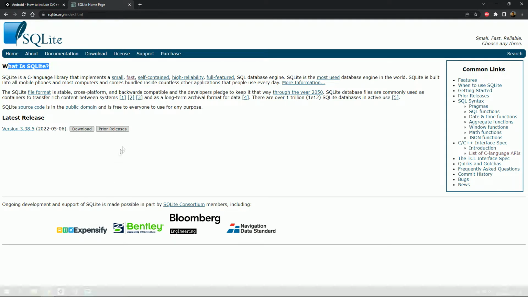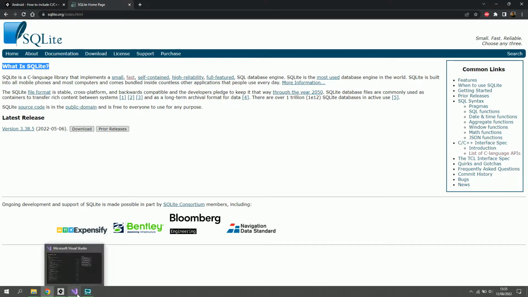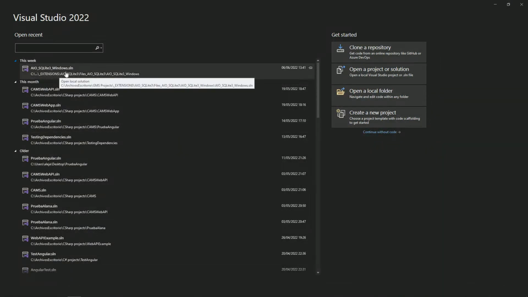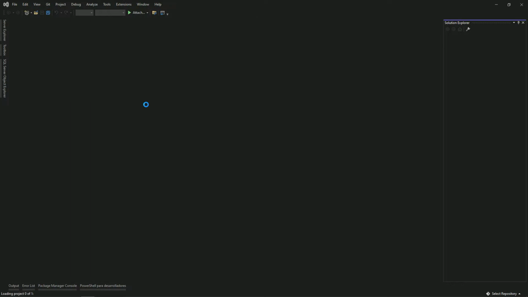So for those of you who might not be very familiar with this topic, you can, for example, create C++ code through Microsoft Visual Studio. Okay. So in my case, as you can see,